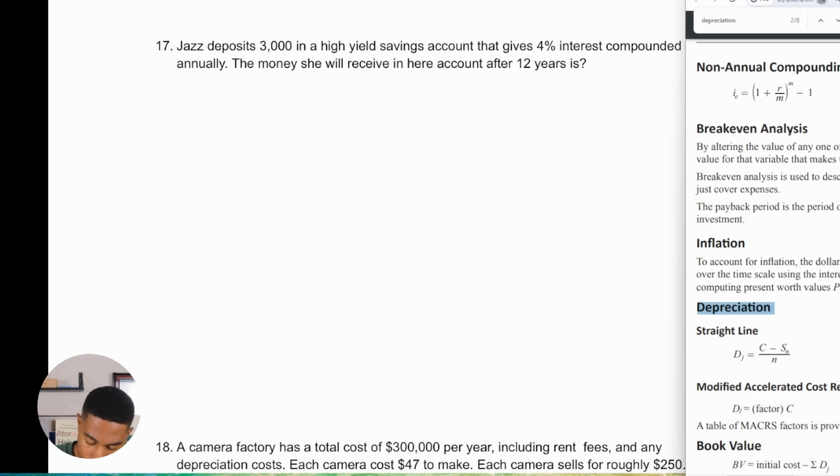Well, we're trying to get to F given P, right? Where we know that i is equal to 4%. We know that n is equal to 12 years. And P is equal to 3,000. We just need to find our